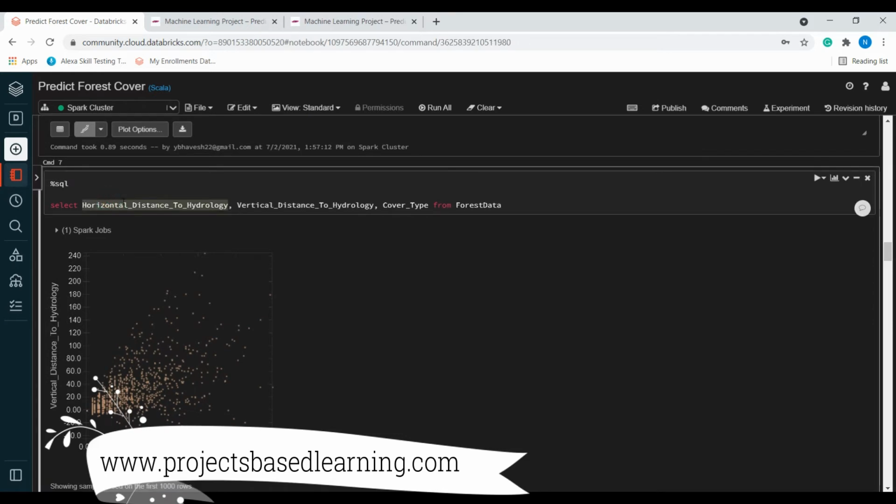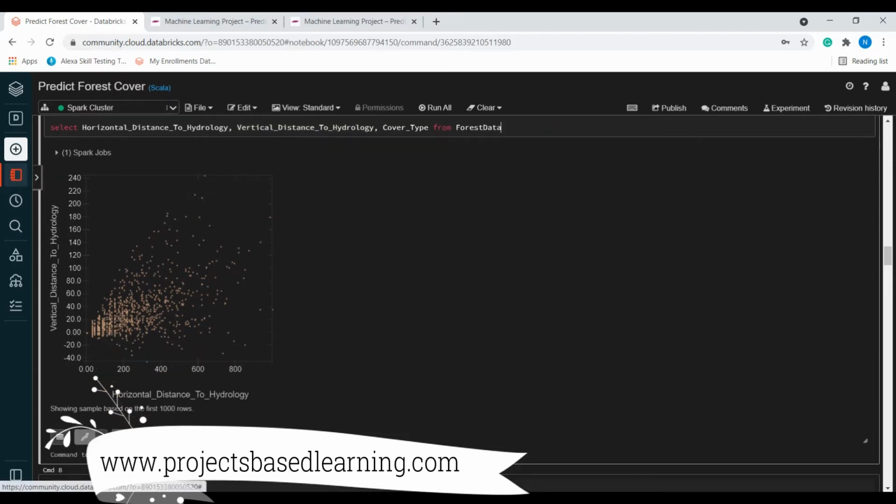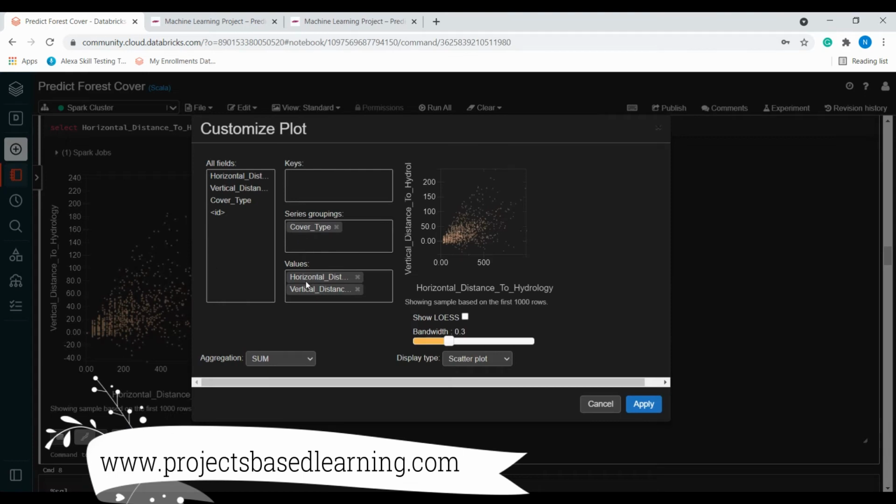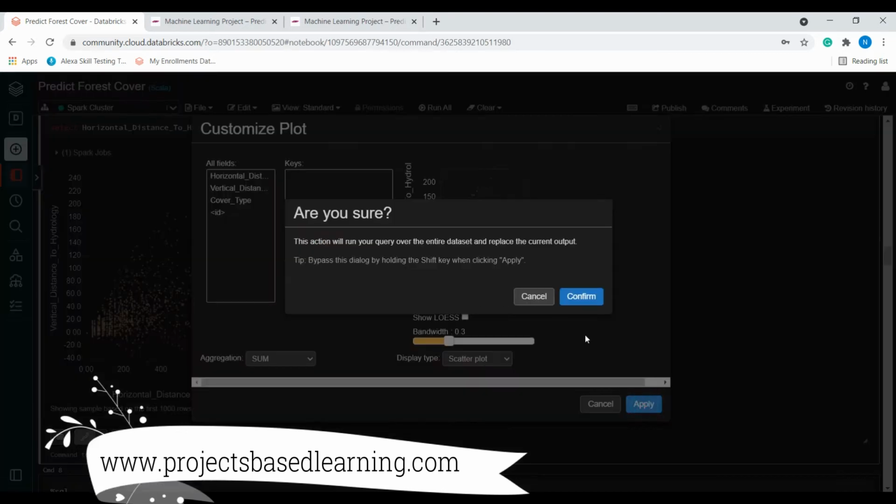The same thing we will perform for horizontal distance to hydrology, vertical distance to hydrology, and cover type. These are the select statements. Just by using the plotting option, we are grouping it. We are not writing any complex query, we are just utilizing the Databricks environment to do all the needful, and click on apply.